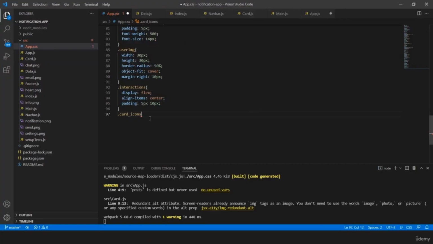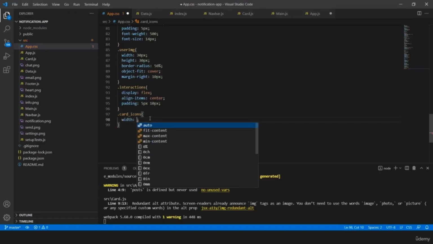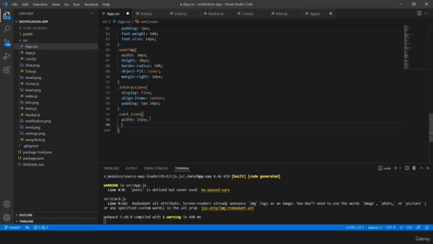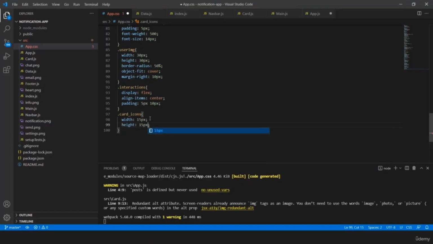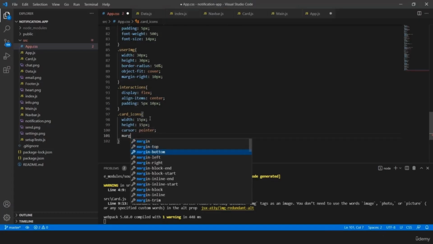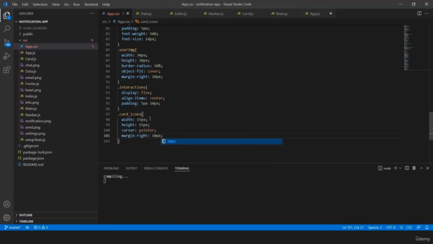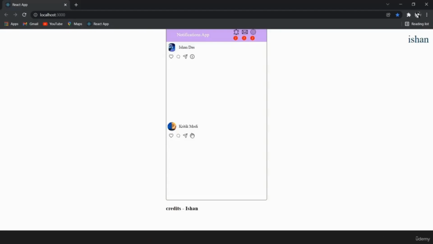Yeah, so inside this, we will give a width of maybe like 15 pixels and a height of 16 pixels. 15 pixels will work good, I think, on cursor pointer, because we may want to make it clickable, and margin right of 10 pixels. Now when we save this, we can see perfectly basically all the icons are aligned together. And now,